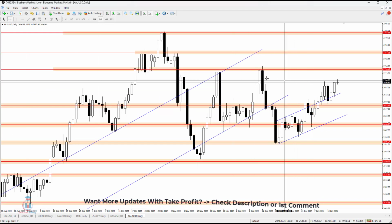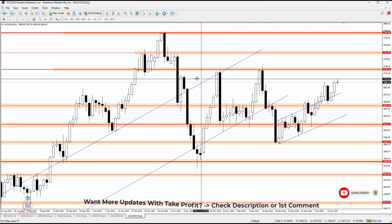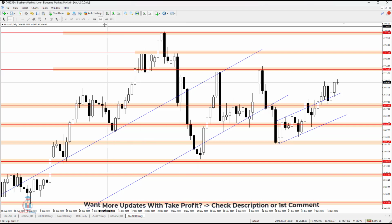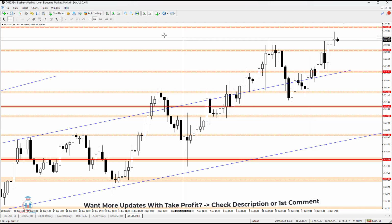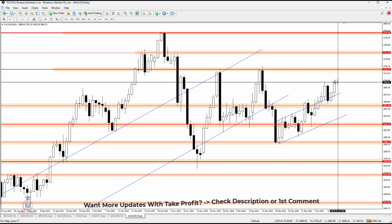because we can see on the daily time frame between the current price level and this one here, we have first this resistance here, which was 2706, and on the 4-hour time frame we can see that it is precisely 2705.19. So these are the levels that the price is trying to move to,